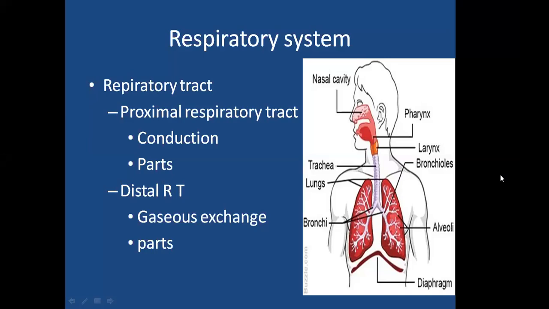The proximal respiratory tract helps in the conduction of air, while the distal respiratory tract helps in the gaseous exchange between blood and air. Now there are different parts of the proximal and distal respiratory tract. To make it brief, the proximal respiratory tract starts from the nose, nasopharynx, larynx, trachea, bronchi,